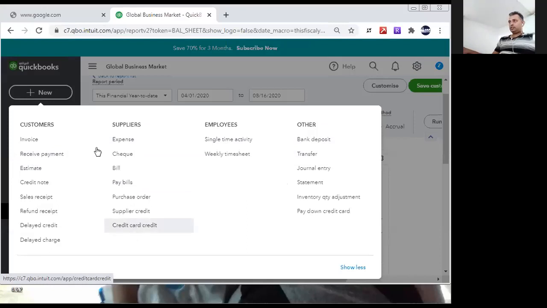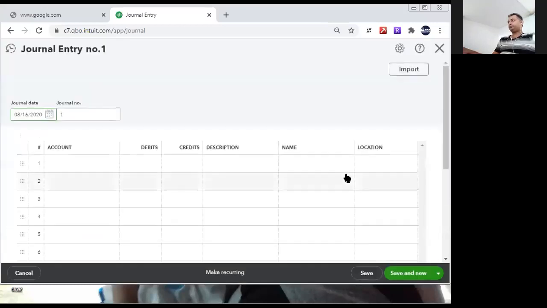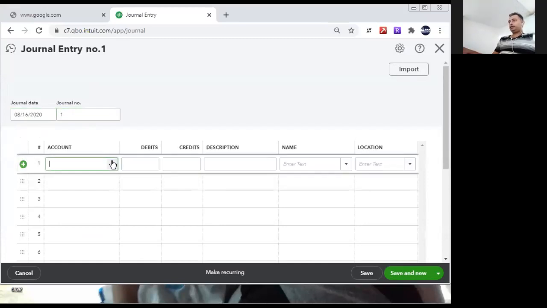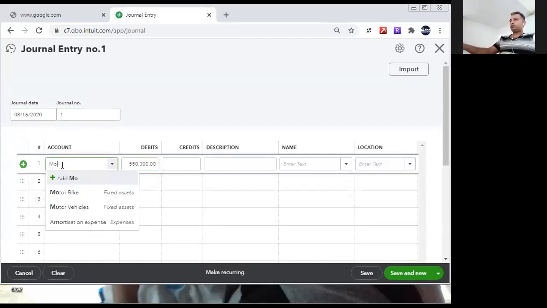We are purchasing vehicles for the company by loans. Therefore, I put a journal entry. You put a date, journal entry number 1. Account name: we purchase 550,000 motor vehicles, and motor vehicles